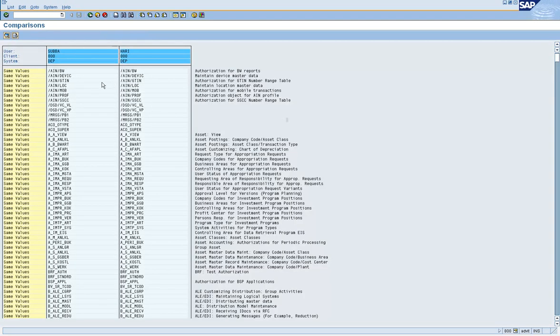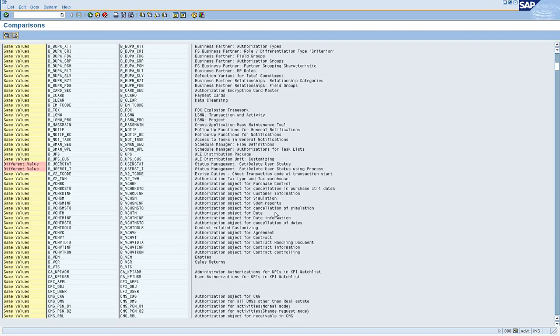So if you compare the access of two users, like in this case Subha and Hari, at the object level, if the authorization objects are the same and they also have the same values, then it will show same values.